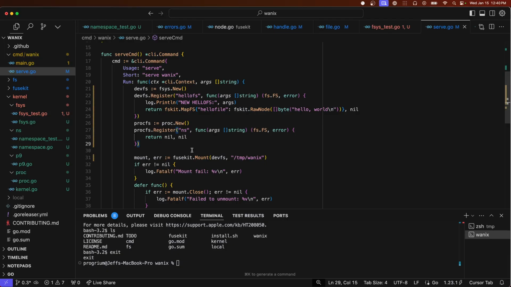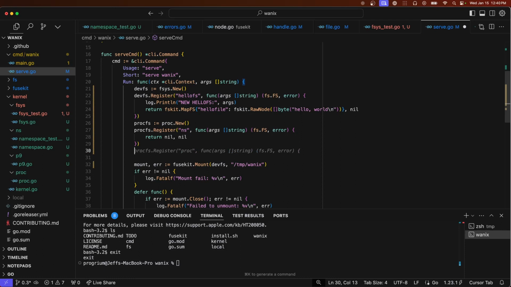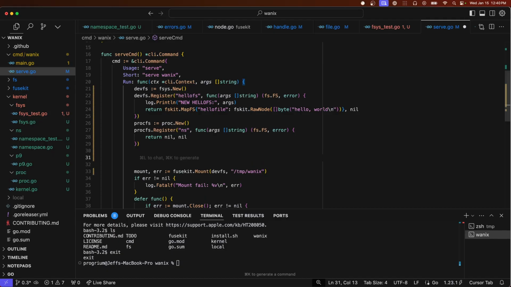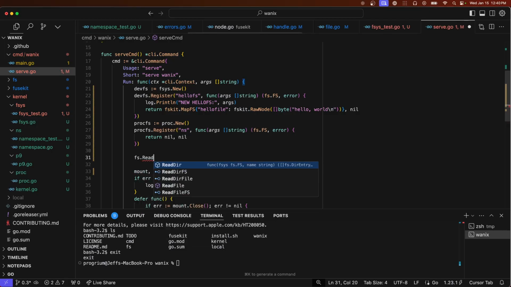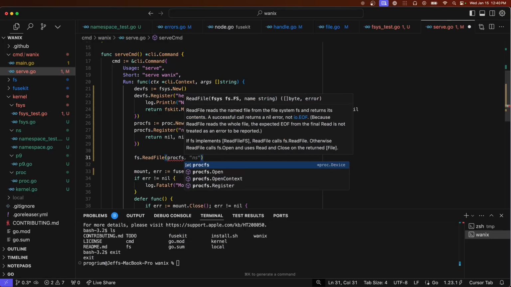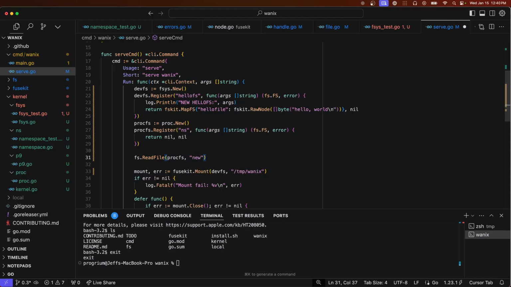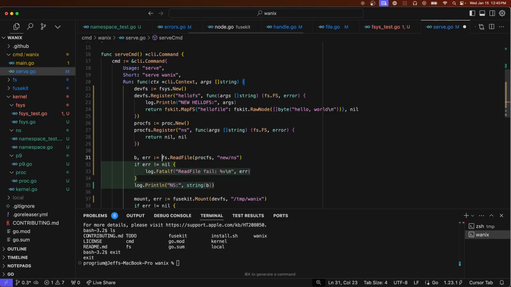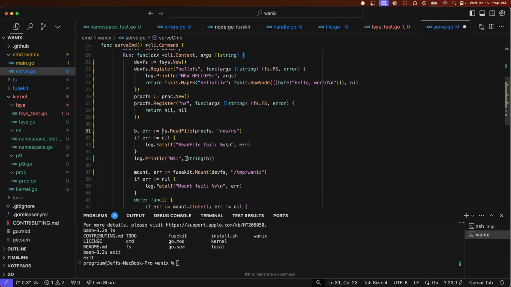Now we could, in theory, create an NS. We could just use our standard read file. This. That's going to give us